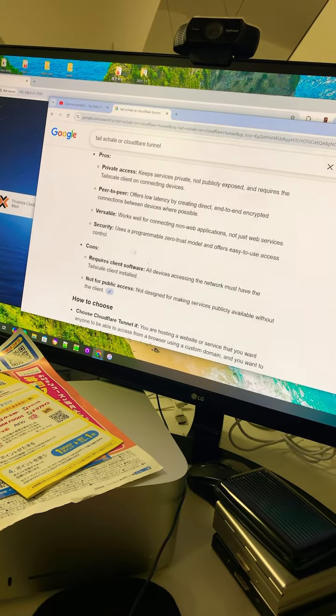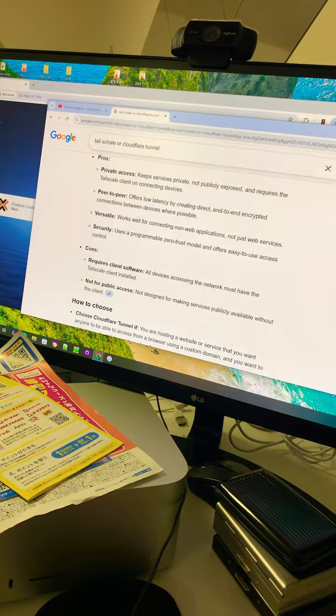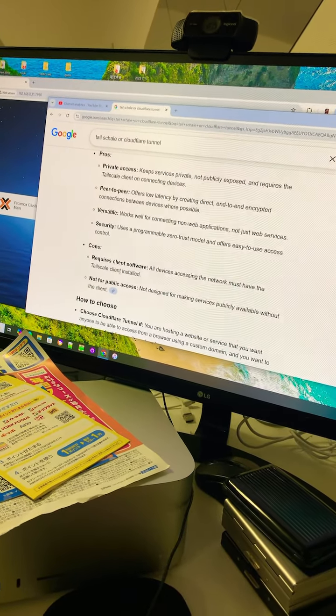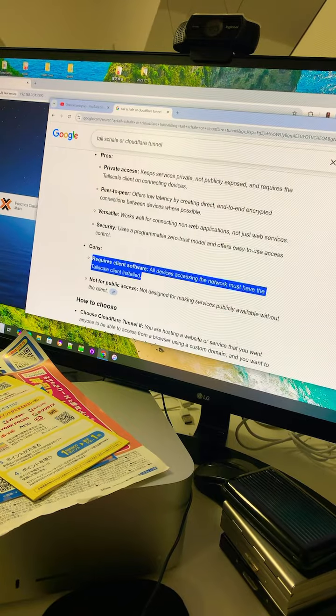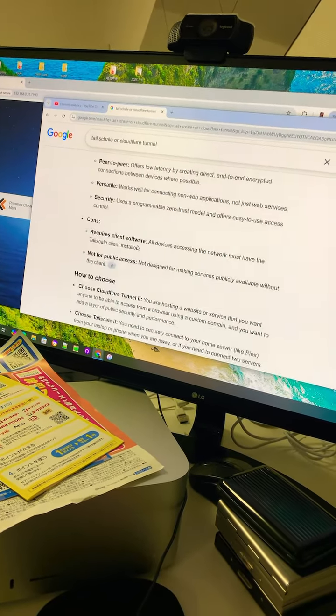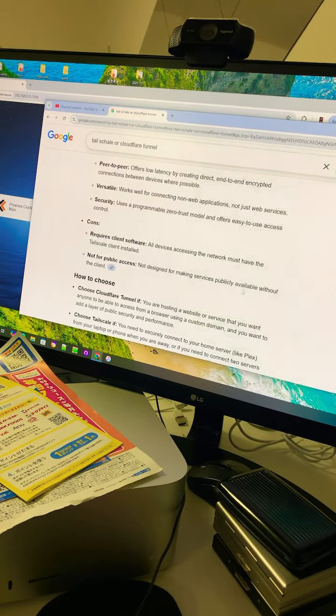So Tailscale, the only con is it requires client software. On all devices on the network, you have to have the Tailscale client installed. I don't trust this approach anyway. You're still gonna install it, with installation, and it's not publicly accessible, not designed for that. Okay, so